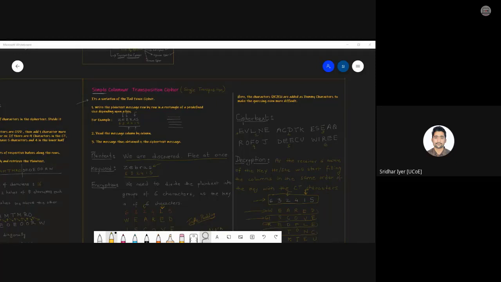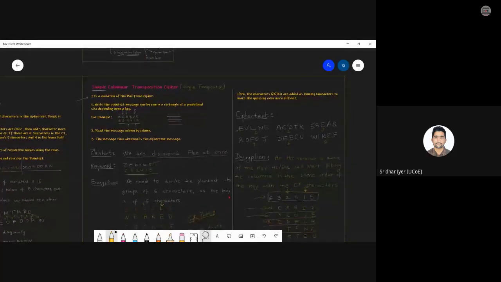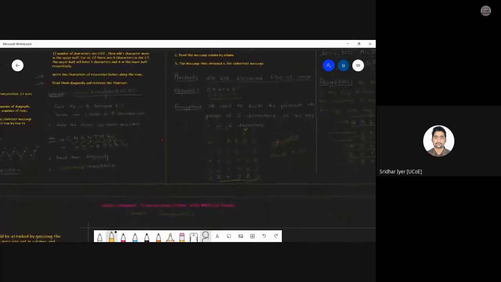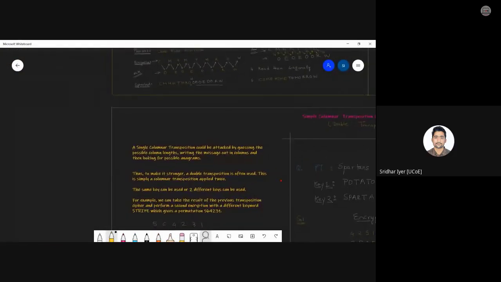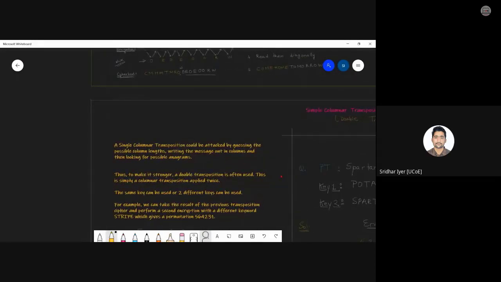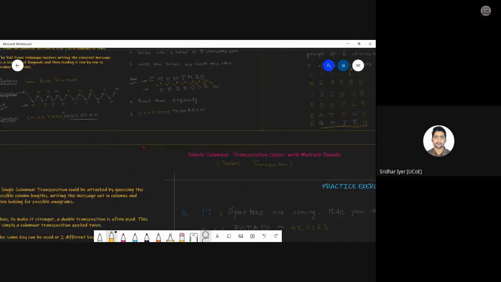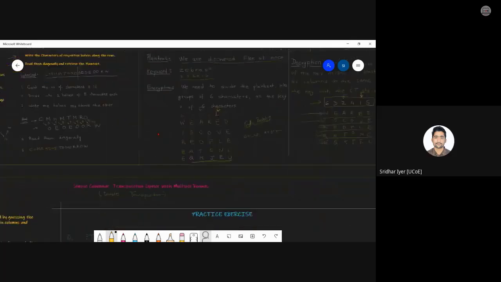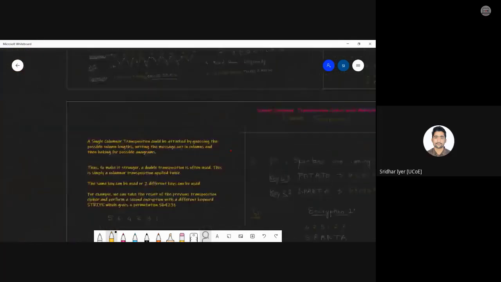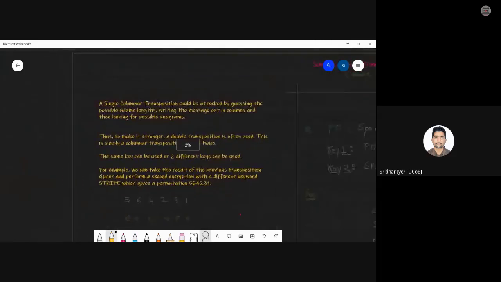Okay, fine. So let's move ahead with the second type, that is the double transposition cipher. That is again a simple columnar one only, but transposition is doubled. What happens is it again uses the same thing only. You have to first of all get the result of a single transposition, that is, this will be the result of a single transposition, this one, and apply a transposition once again with either the same key or a different key and get the result. So it's basically applying the same thing again to make the security stronger. Fine? Yes or no? But why are we doing this? Just read this once.